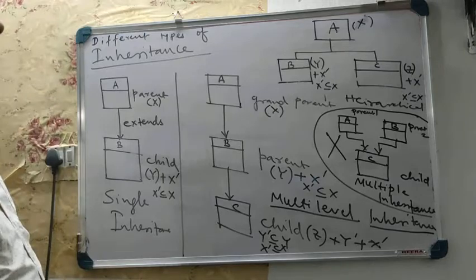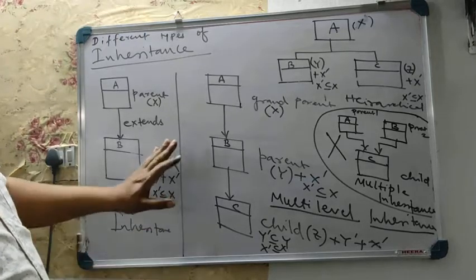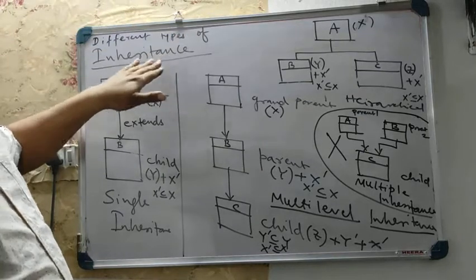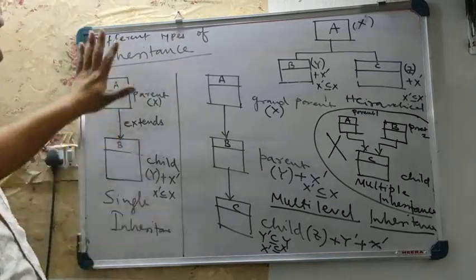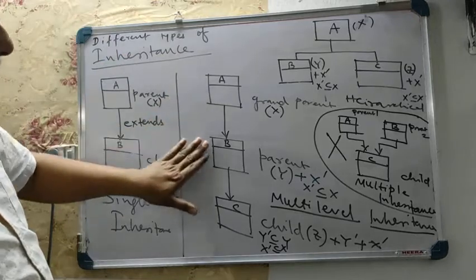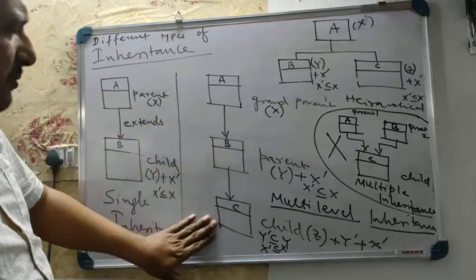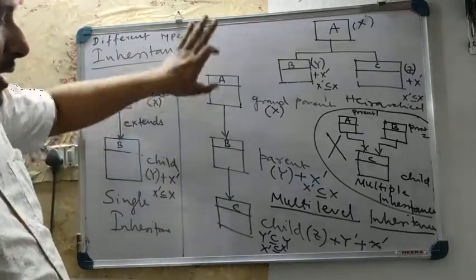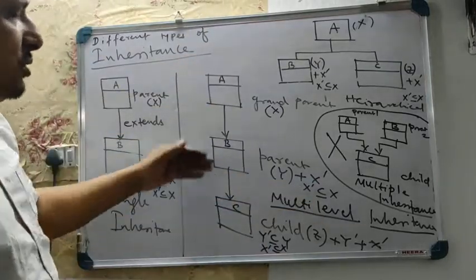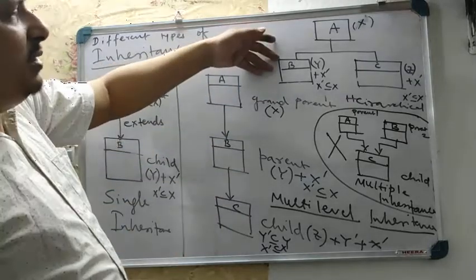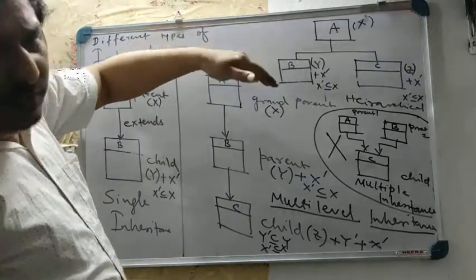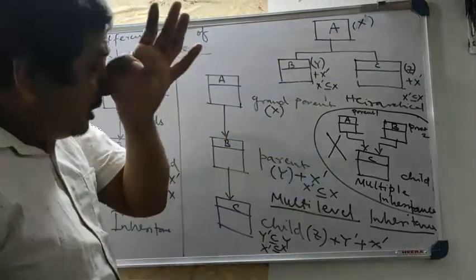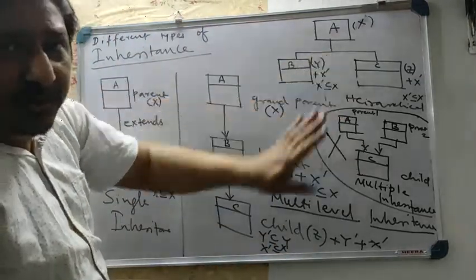So this is the end of my session. Let us recap. We have different types of inheritance. We have discussed single inheritance, but if multiple layers or classes are involved, more than 2, that is multi-level inheritance, where there will be more than one level. In hierarchical, there will be only one parent but more children. And multiple inheritance is not at all supported by Java.